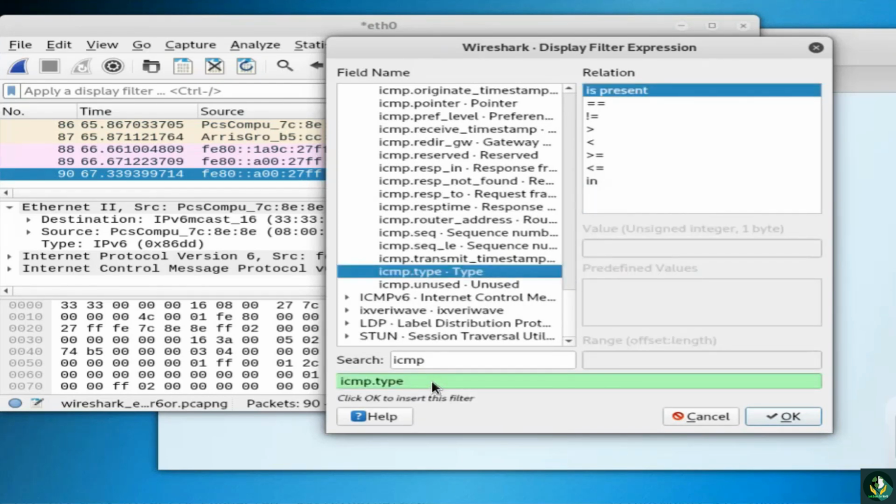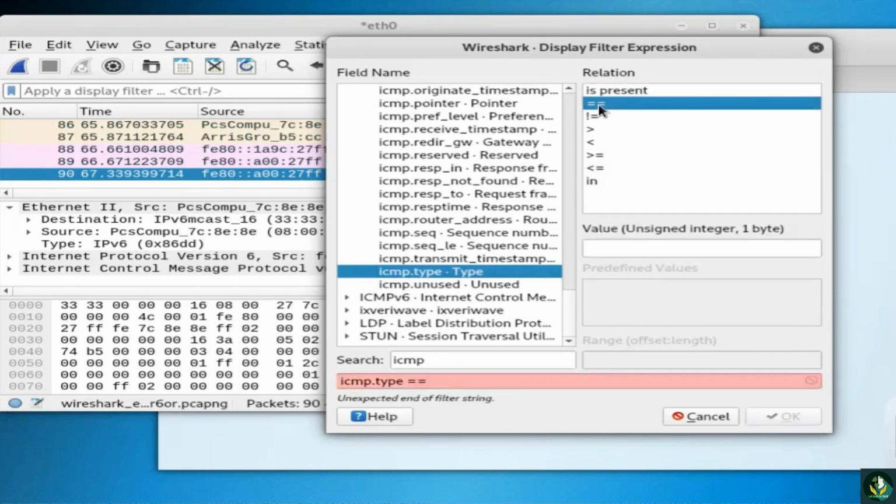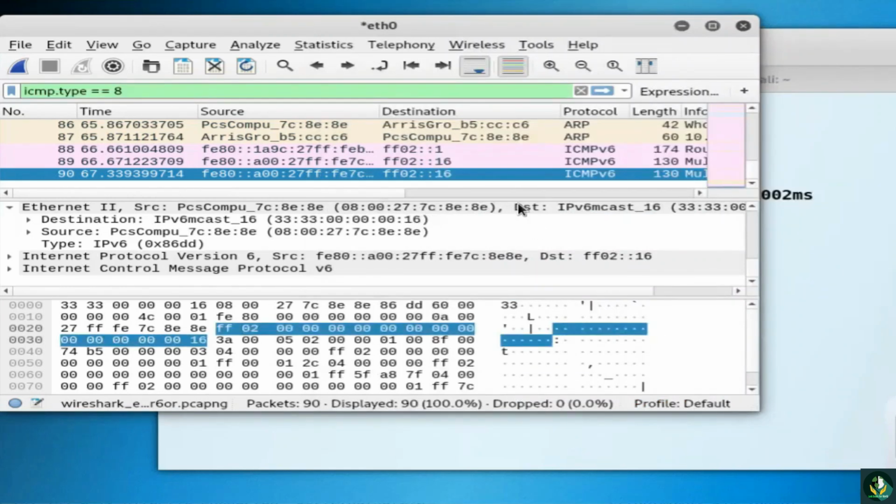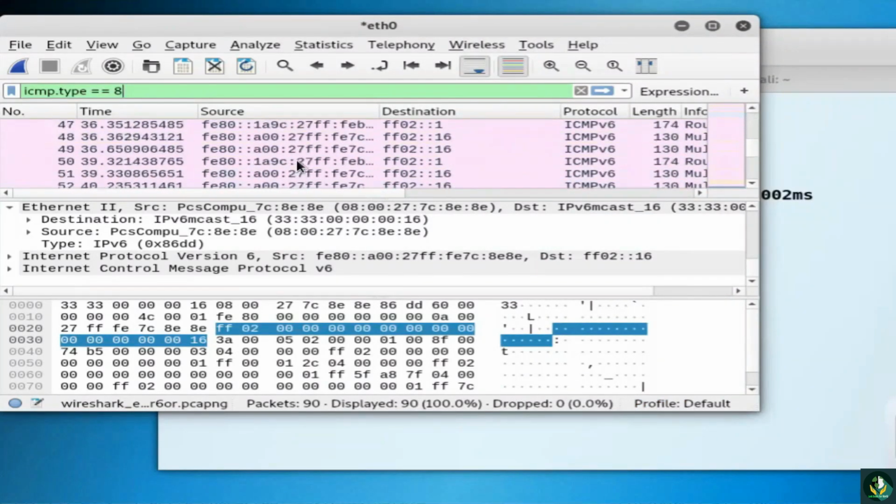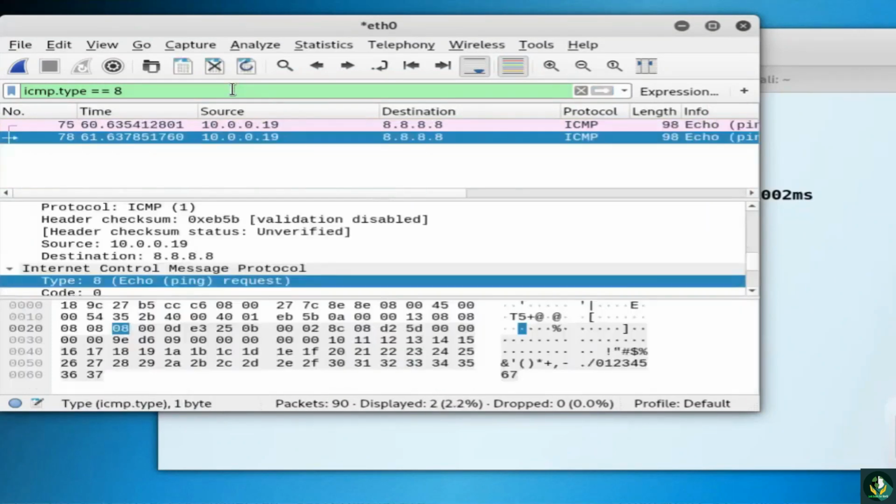The recipient computer responds to the broadcast message if the IP address matches. This means when using a hub, all the computers on a network can see the broadcast message. It operates at the physical layer of the OSI model,